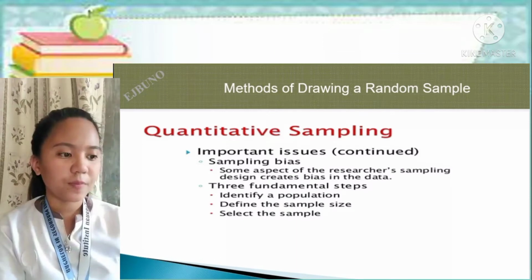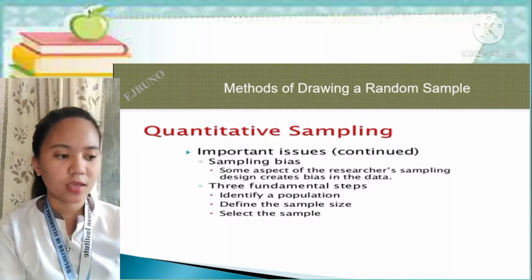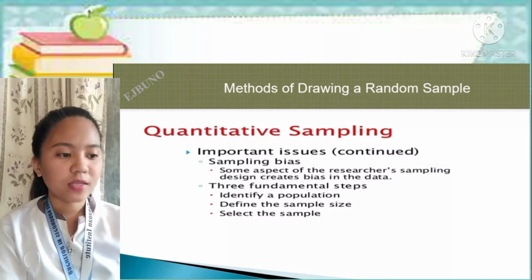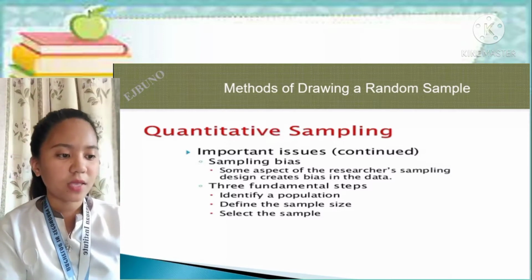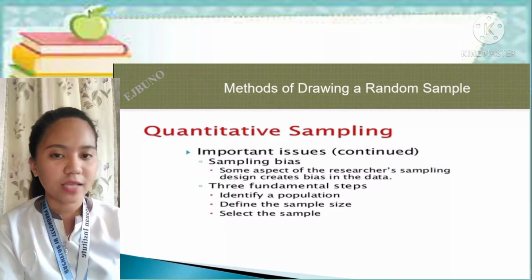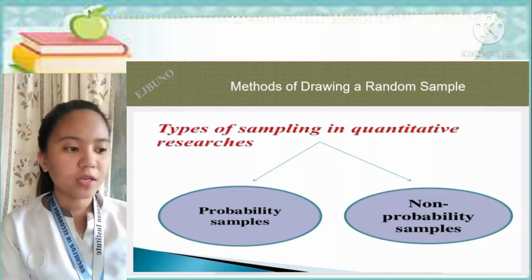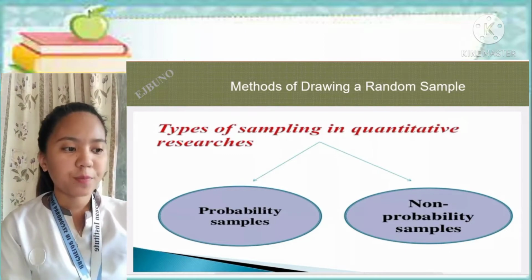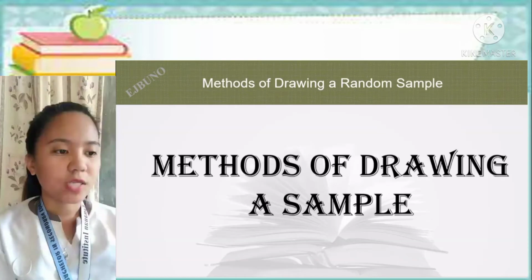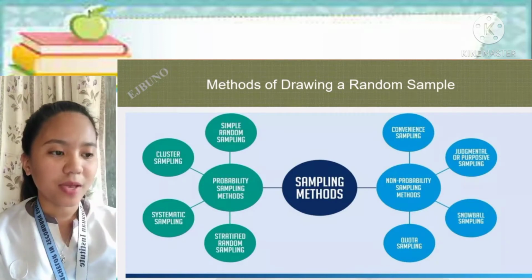Aspects of the researcher's sampling design can create bias in the data. Three fundamental steps: first, identify a population. Next, define the sample size. And the last is select the sample. Sampling in quantitative research is divided into probability samples and non-probability samples. We have probability sampling methods and